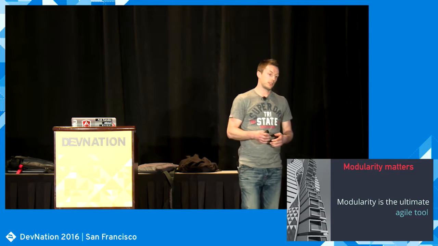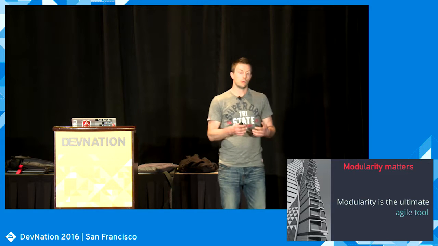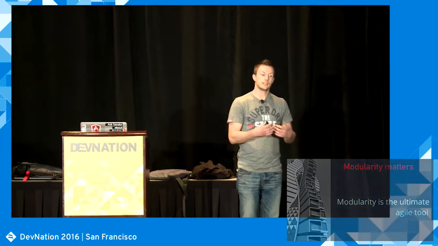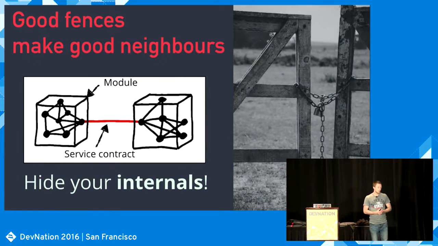If you have a modular code base, it becomes much easier to reason about what the impact of a change might be. Because we can very easily verify that if you make a change in one module, it can't affect other pieces in our code base. So that's why we believe this is very important.